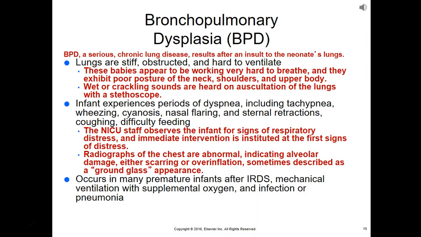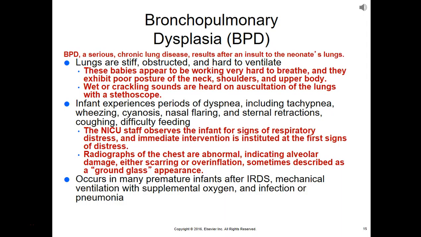They sometimes have wet or crackling sounds that are going to be heard on auscultation of the lungs with a stethoscope. The infant experiences periods of dyspnea, including tachypnea, wheezing, cyanosis, nasal flaring, and sternal retractions, coughing, and difficulty feeding. The NICU staff observes the infant for signs of the respiratory distress, and immediate intervention is instituted at the first